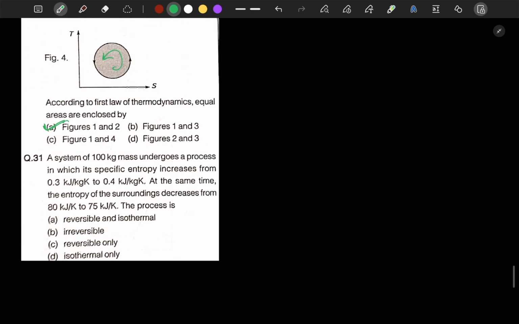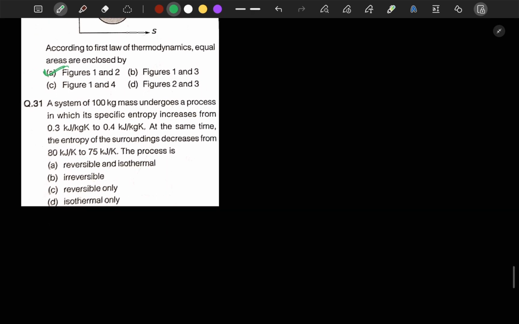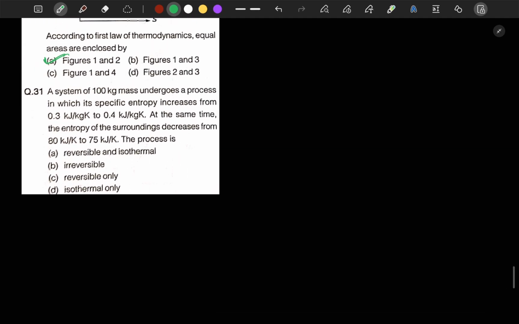Next, moving to question number 31. It is mentioned that a system of 100 kg mass undergoes a process in which its specific entropy increases from 0.3 to 0.4. At the same time, the entropy of the surroundings decreases from this to this. The process is